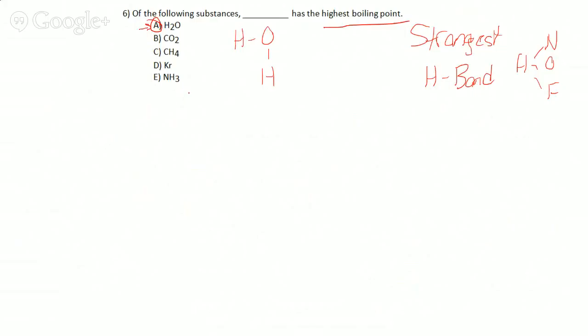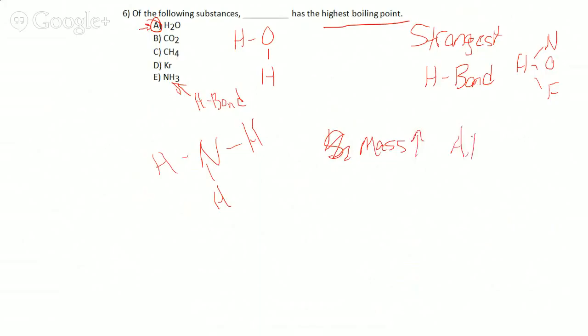Yep. Because, all right, well, I just caught something. Well, Mr. Downey, what about NH3? Doesn't that also have hydrogen bonding? Yeah, it does, right? Because we got hydrogen bonded to a nitrogen, oxygen, or fluorine. Now, generally, we also want to take a look at the size of these things. So the size or mass, I should just say mass, as the mass goes up, the attractive forces go up